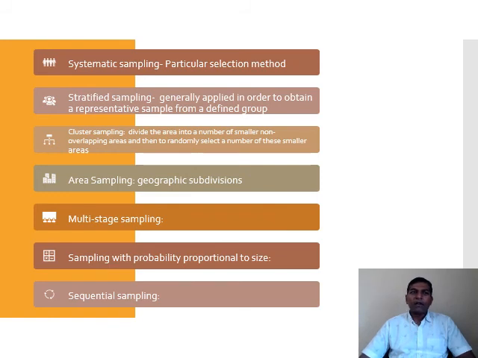Then we have area sampling. It's like dividing a geographical area. We'll have a different view depending on x and y locations. Longitude and latitude can also be used, but in a simple method we can have a region-wise, like a district-wise division of groups also, like we have just now discussed.